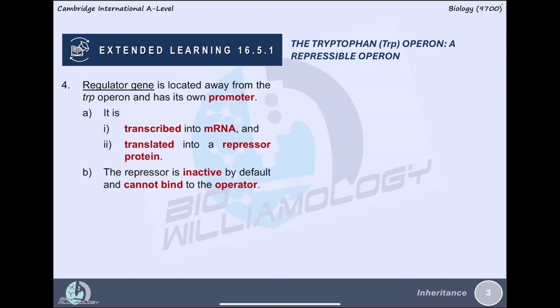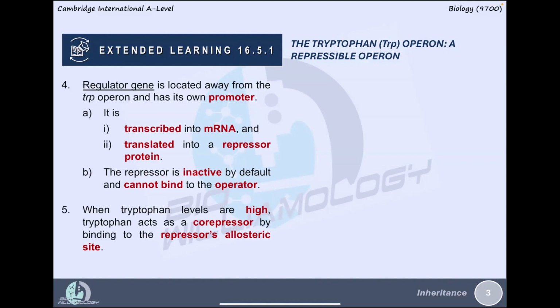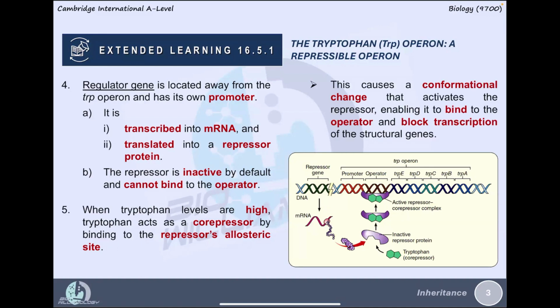However, this repressor protein is inactive by default, so it cannot bind to the operator. When tryptophan concentration is high, tryptophan acts as a co-repressor by binding to the repressor's allosteric site. This changes the conformation of the repressor protein and activates it. The activated repressor protein can bind to the operator and therefore block the transcription of the structural